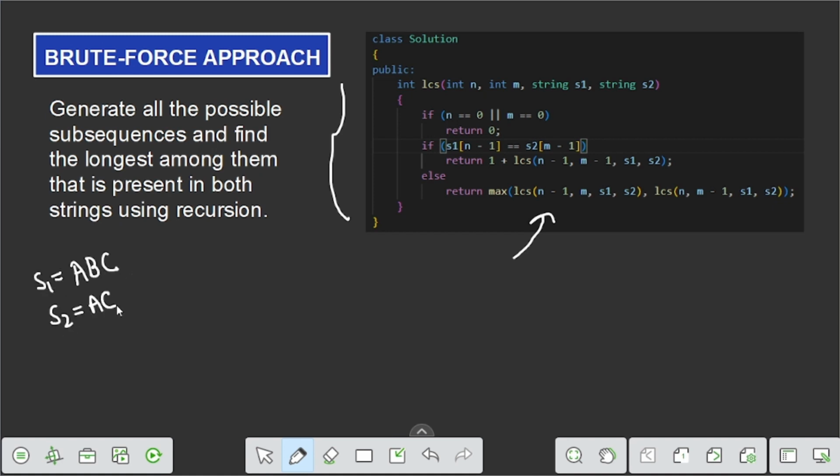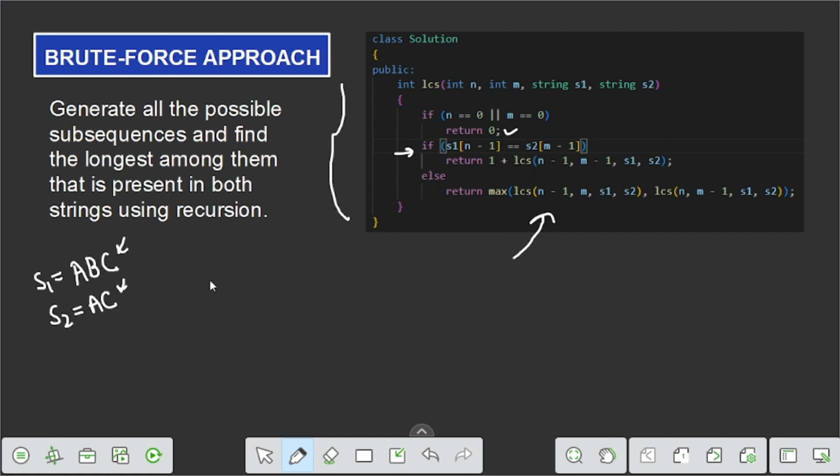So here we check the condition: if the length of S1, which is n, or the length of S2, which is m, is 0, then we simply return 0. This is the base condition. Now check if the last index of S1, S1 of n minus 1, which is C, and S2 of m minus 1, which is C, are equal.